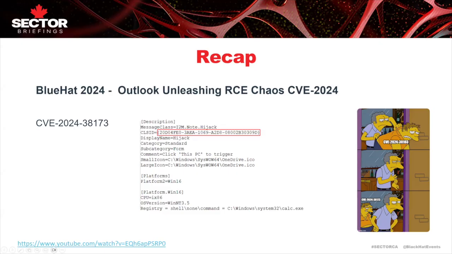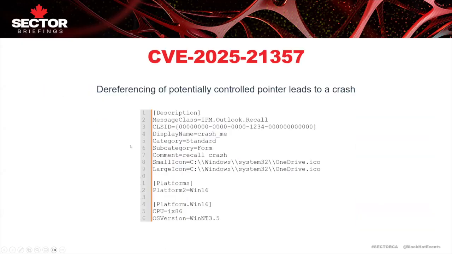You notice the message class, IPM.Note.Hijack. It's basically the form that is responsible for the email system, so we gave it the custom name Hijack. And finally, this wasn't presented last year at DEF CON and Blue Hat, because we wanted Microsoft to finalize and provide a full patch for every possible control flow that we at least found. And we found, by way of mini fuzzing, a memory exploitation that leads to remote code execution.